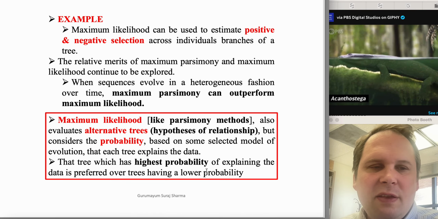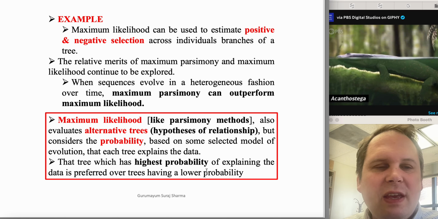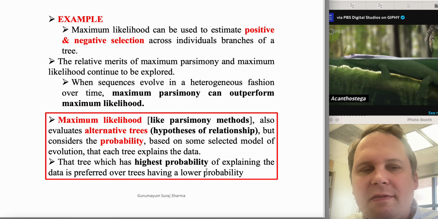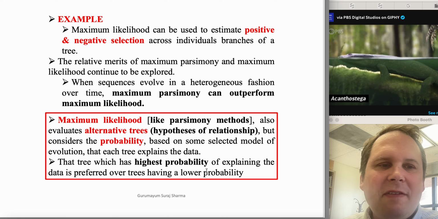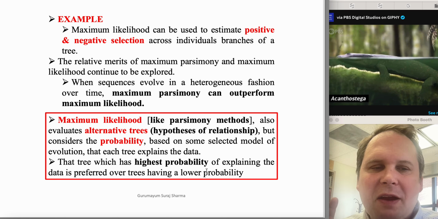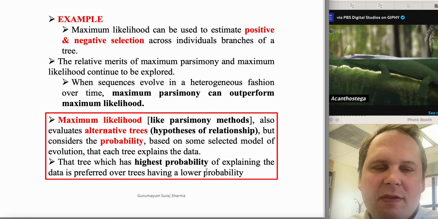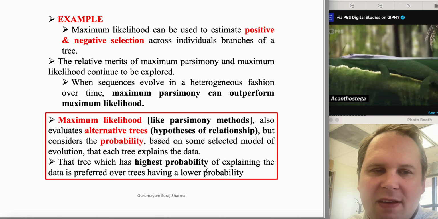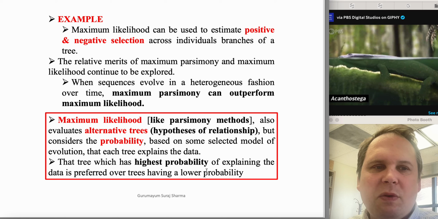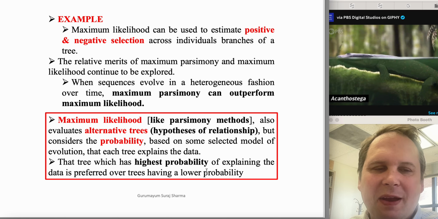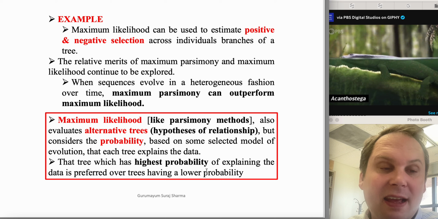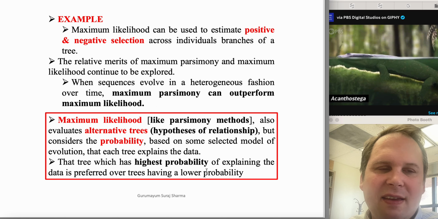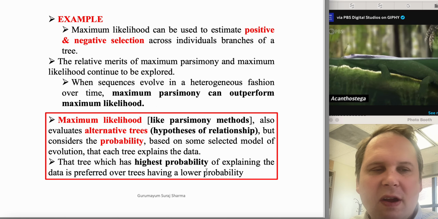So, you can use maximum likelihood to estimate which genes or positions within genes are under positive or negative selection. What's that mean? Positive selection means that you have a gene that, given whatever your environment is, gives you a little bit of a growth advantage, reproduction advantage, some kind of advantage that's going to lead to you leaving behind more offspring in the end. Negative selection is going to be something like a gene that gives you cancer, which is going to make it less likely that you will pass on that gene. And so eventually that gene probably dies out if the negative selection is strong enough and happens at the right